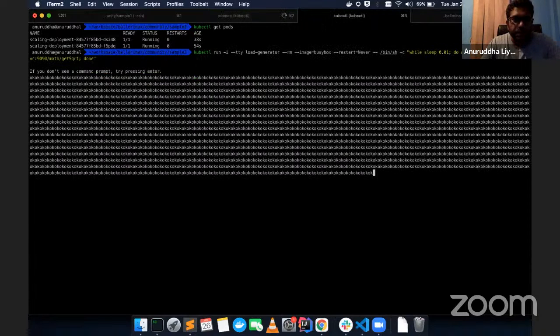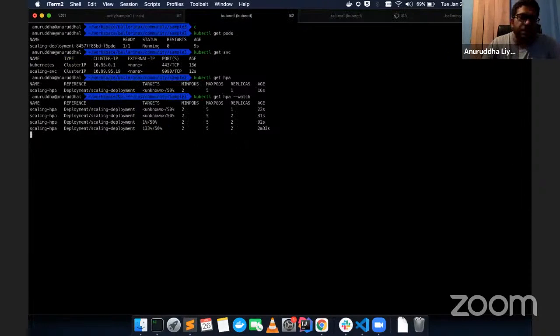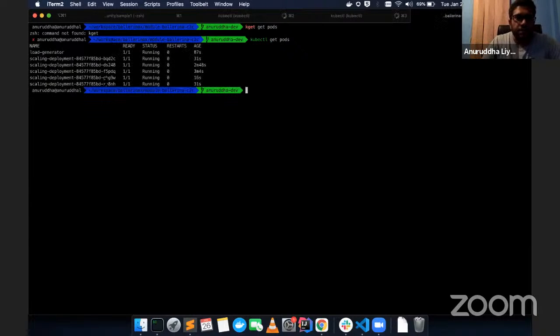Okay, now we can see that the CPU rate has increased, and now it will be replicated up to 5 pods. Currently there were 2 pods, and now it's scaled to 4 pods. Now if you do a kubectl get pods, there are 4 pods running.